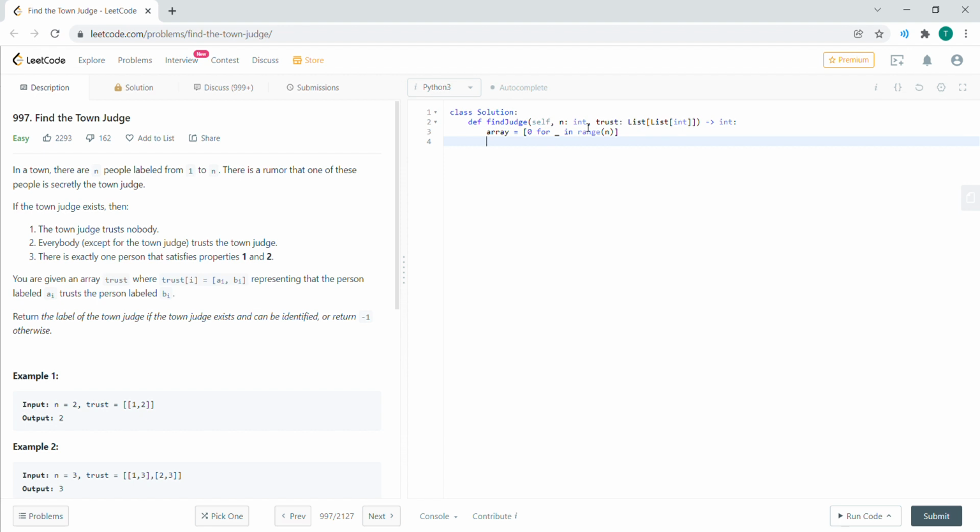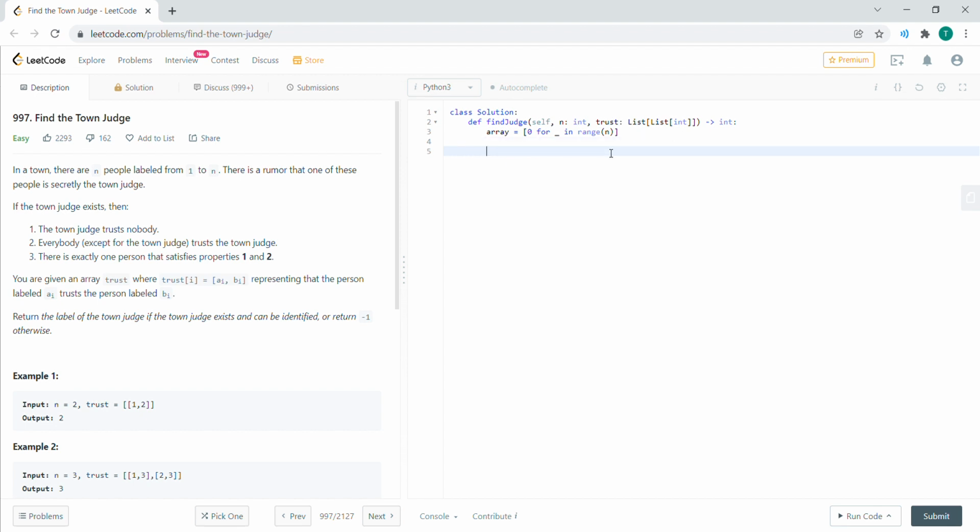So findJudge is the function that takes in the parameter n, the int, which is the number of people, and also the array trust as well. So we're lucky to already have the number of people, so we're going to make an array of size n, right?